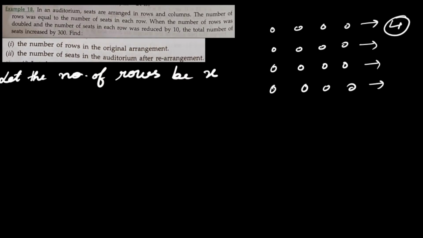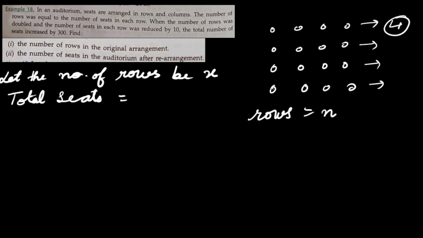So here, first of all, tell me if the number of rows is x, how many total seats are there? A little bit of imagination. So total seats, how many are there? I'll just give you this example. I have mentioned here this is the case